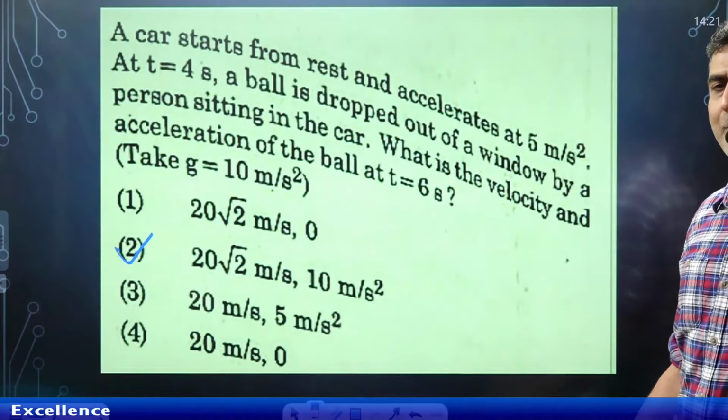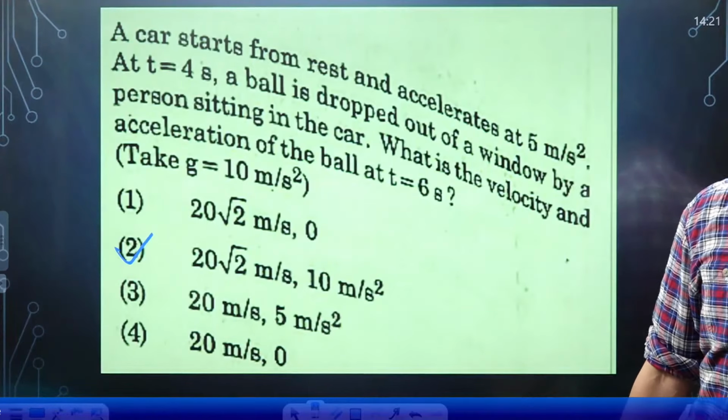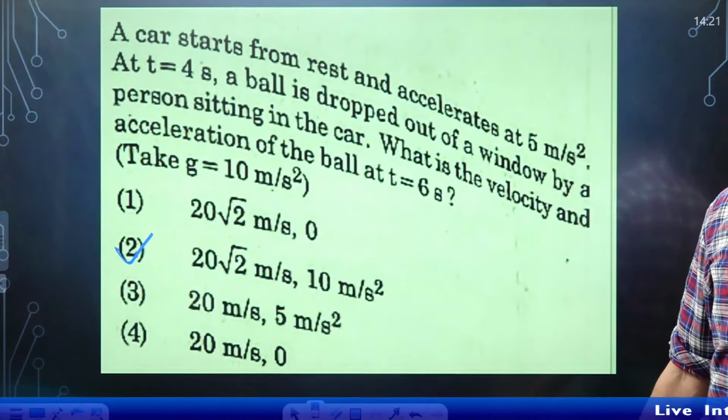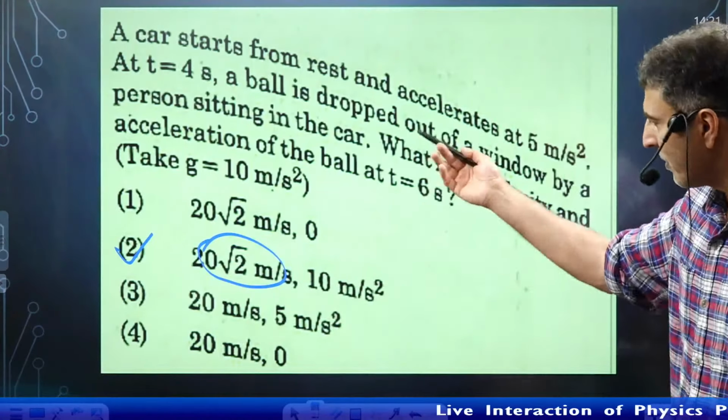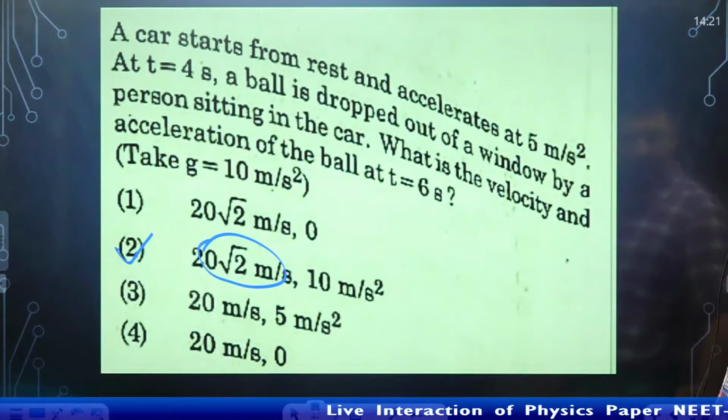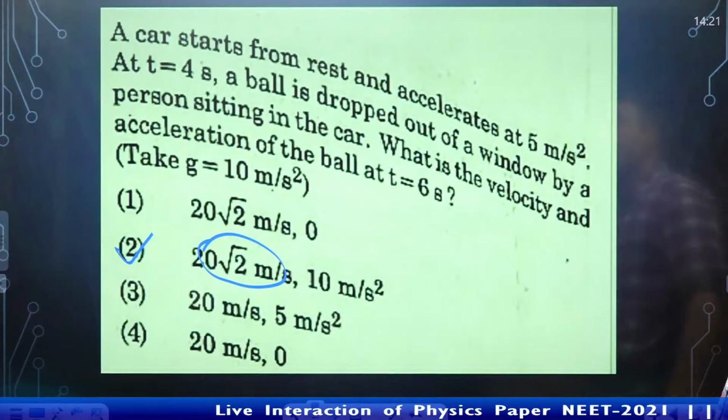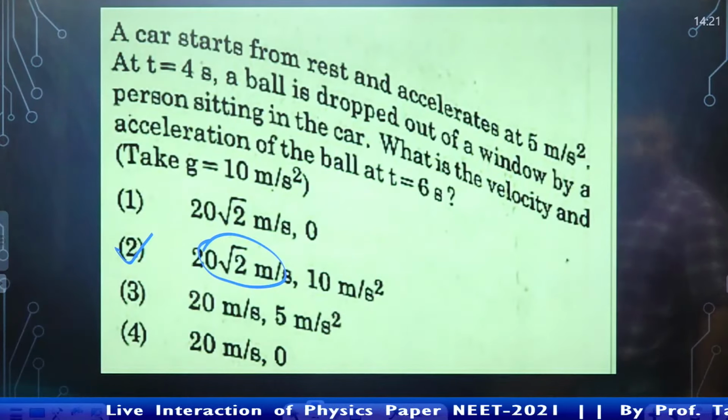Because once he drops the ball out, the only force acting on the ball is gravity. So acceleration due to gravity, that is 10. Anyway, I will get this answer also. But here you can just check it out like that. So after 4 seconds, yes, and then after 6 seconds,